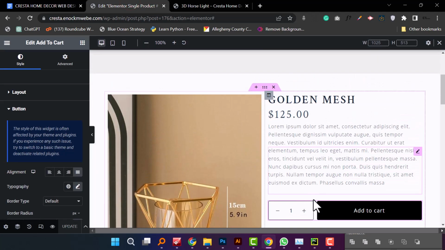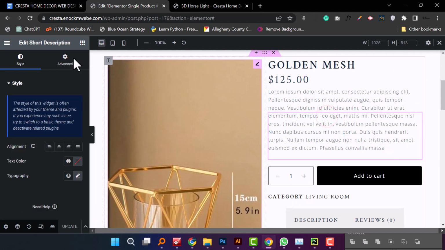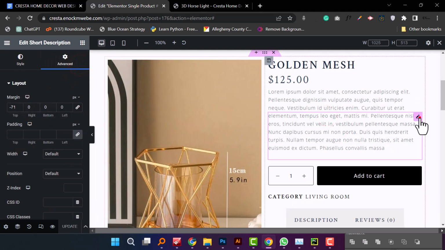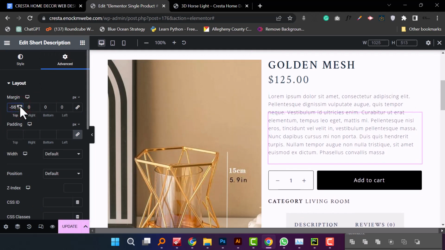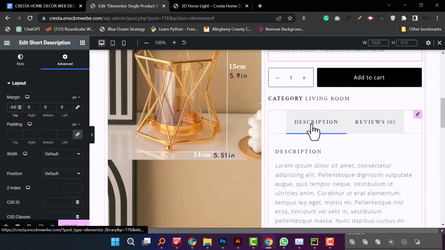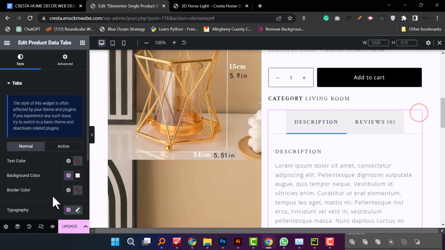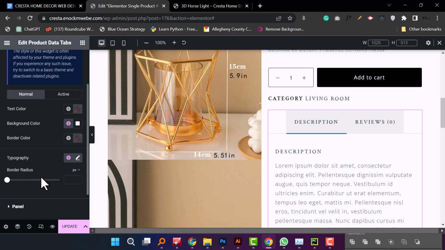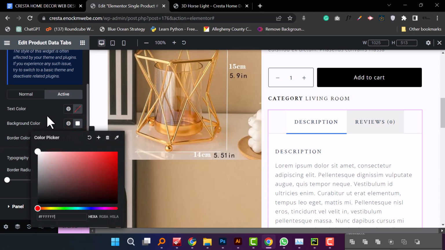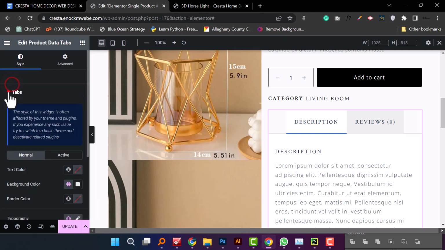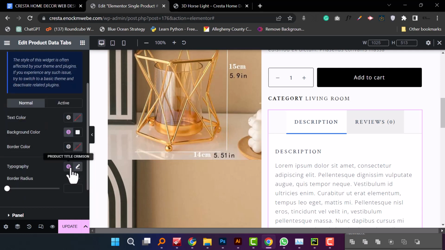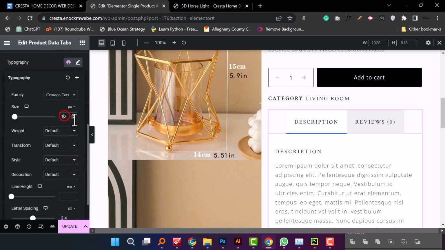So then also this space, I have to reduce the top margin. So under advanced of this pen icon, I'll just reduce this. I think it's ridiculously big, so I think I'm comfortable with that. Then for these tabs, what I want to do is make the active one completely white, yeah, and that is set. Hold on, yeah. So the typography, I'm gonna reduce the size,